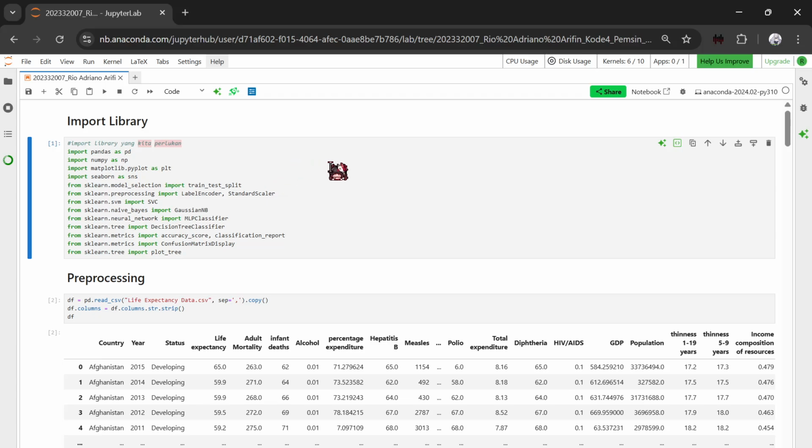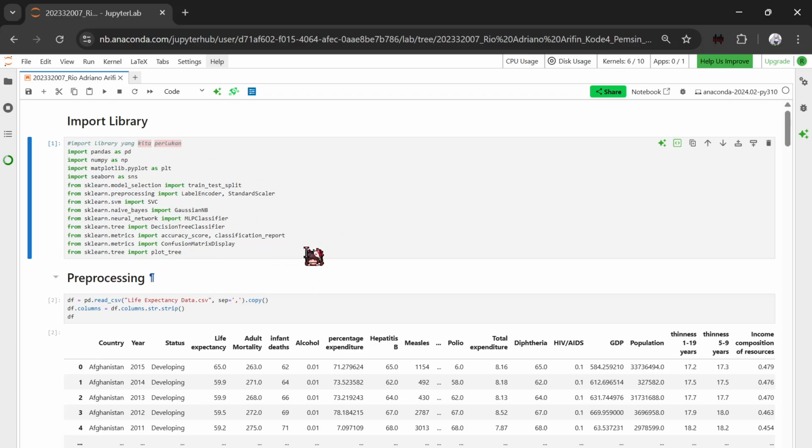Okay, here are the steps. First one is import required libraries. First, we start by importing all the necessary libraries. The essentials are for reading and processing data like Pandas and NumPy, visualizing graphs like Matplotlib and Seaborn, then splitting training and test data, pre-processing, building machine learning models, and evaluating model performance.